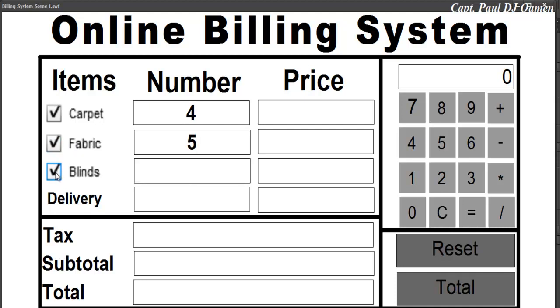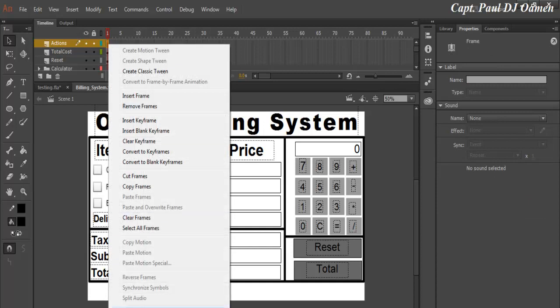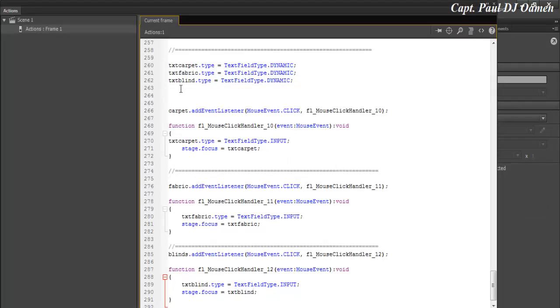Let's say we want about 8 of those. So all we need to then do is when we click on total, we expect the price for each of them to be displayed in there. However, if we want to deliver, so that means we're delivering 3. So there will be a standard price for delivery. You click on this and all of these, the price will be displayed there. The price of these will be displayed there. So what we will do now is to go back inside the Actionscript itself, and right underneath here I'm going